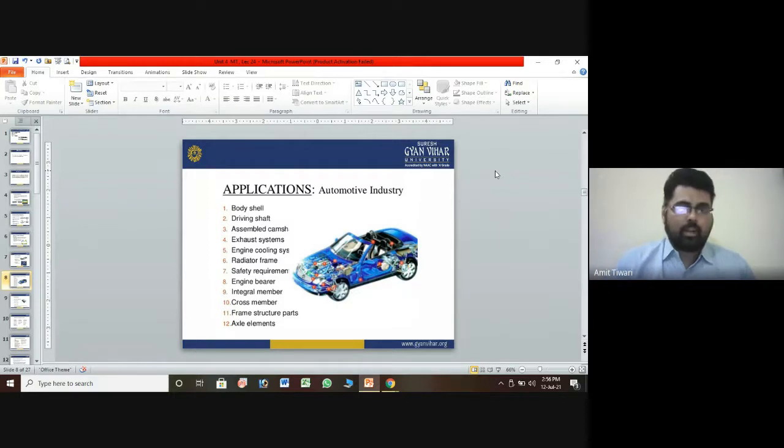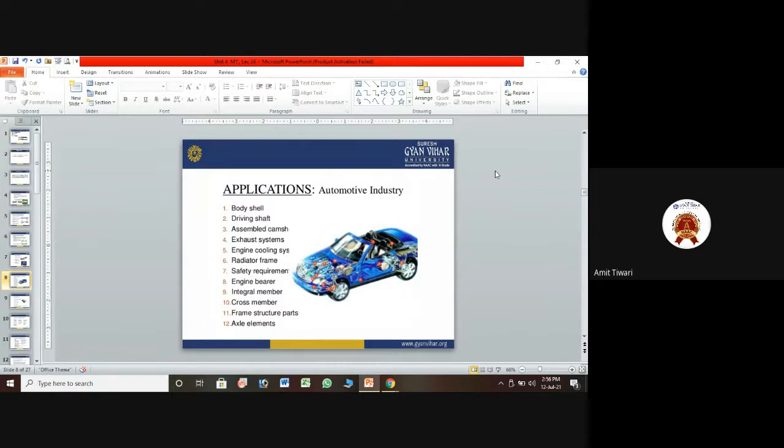So there are different frame structures, bumper structures, and axle elements. These are all examples of particular parts of the car that are designed by the hydroforming technique, which is now very popular and easy to use, with the only requirement being water. With the water, you have an idea of how you can fabricate it. This is a very common technique adopted nowadays in industry, because in recent times we have an idea how we can fabricate.